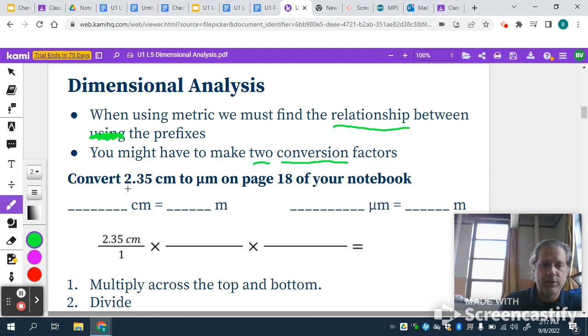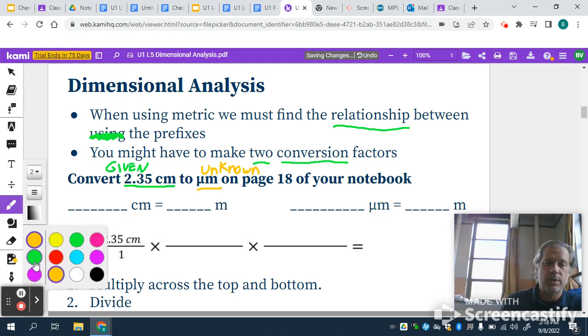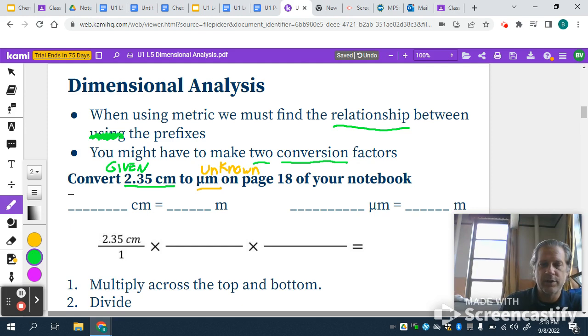So the first thing that we need to do is identify what our given is. In this case, this is our given, the 235. We also need to figure out what our unknown is. In this case, we're going to go to the unit of micrometers, which is unknown in terms of a value. So now we're going to set up our relationships. I know, and we're going to have a lot of practice with this going forward, that there are 10 centimeters